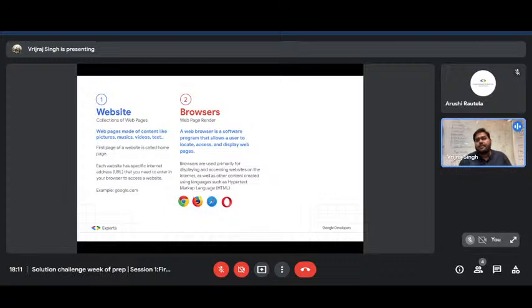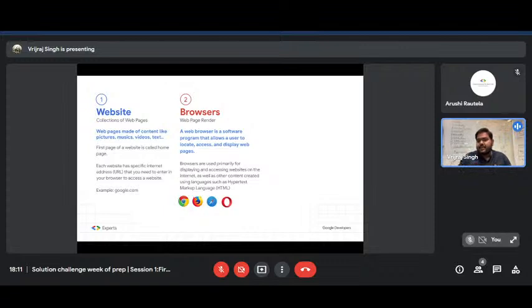And each browser has its specific rendering engine. Let's say if I talk about Google Chrome, we have a rendering engine named Blink, and similarly for Mozilla, we have SpiderMonkey, and we have a lot of browsers in the market. So, first, we can create a website with the help of HTML, CSS, and JavaScript, and we can run our web page with the help of a browser.